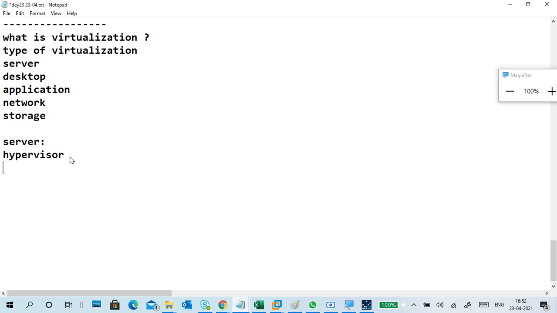We are using a hypervisor here, different types of hypervisors, and how to install and how to connect it.